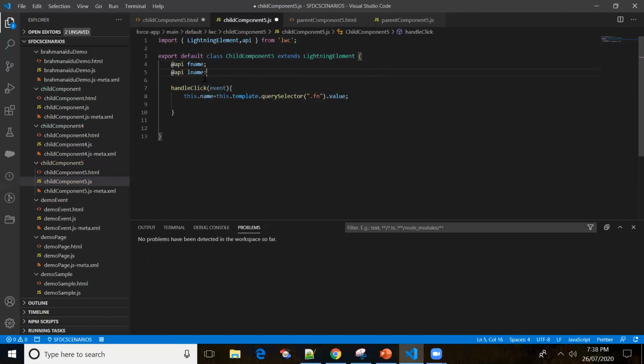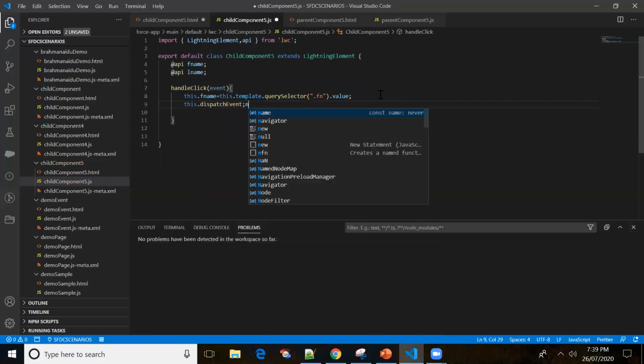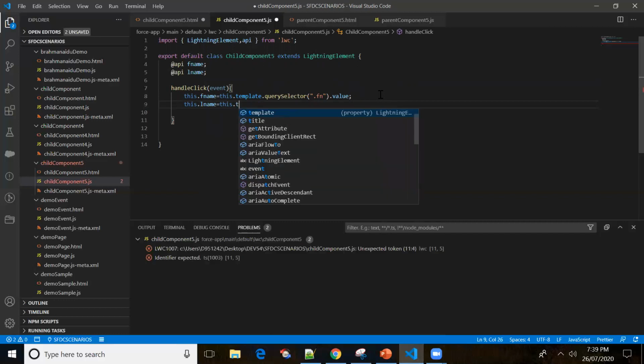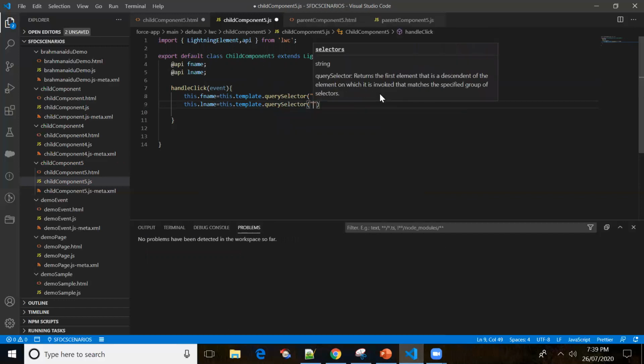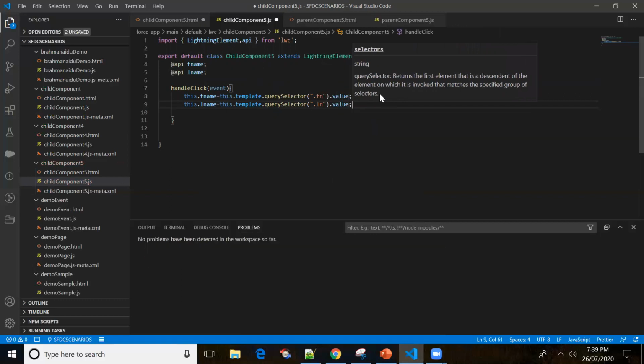Okay, so I'll be putting the first value into first name, and since we have created one more field, I'll be putting last name here. Last name equal to this dot template dot query selector dot ln. Ln is basically a class name. Since I want to get the value, so dot value.